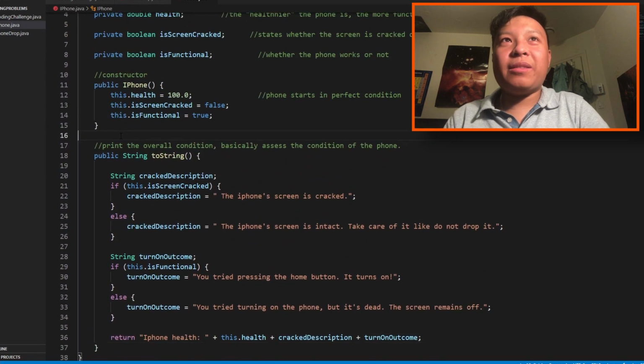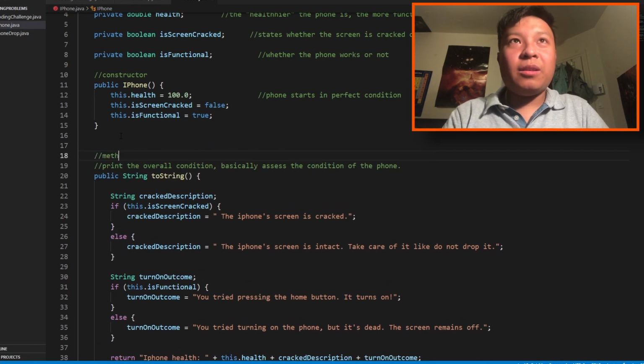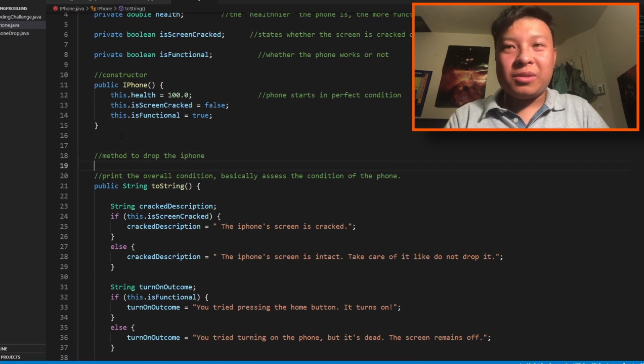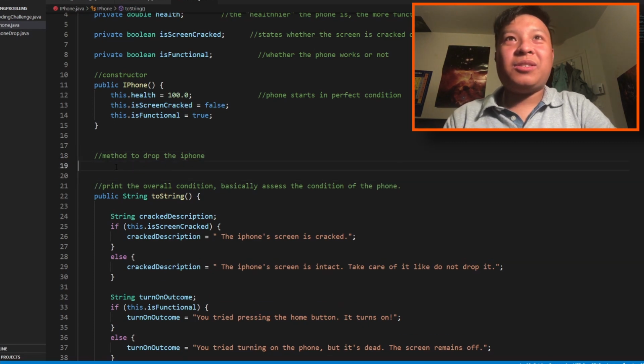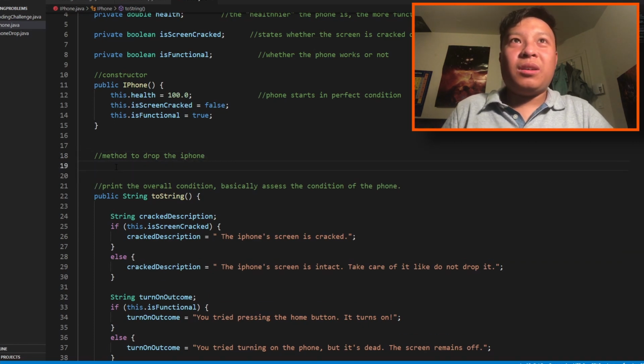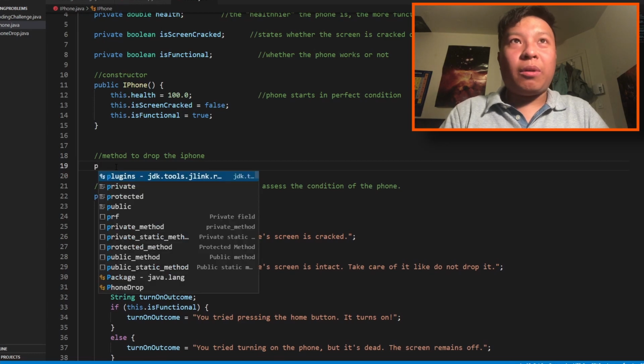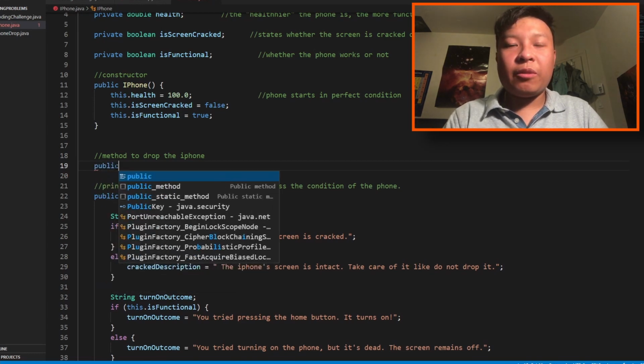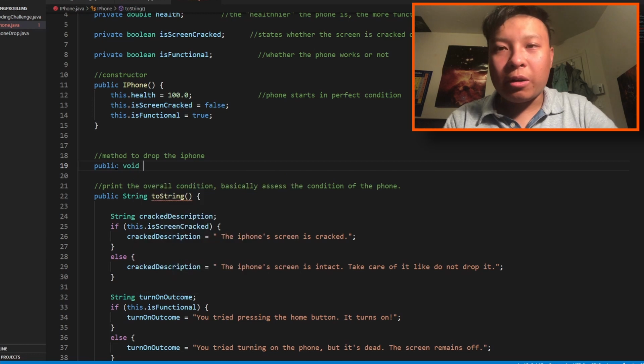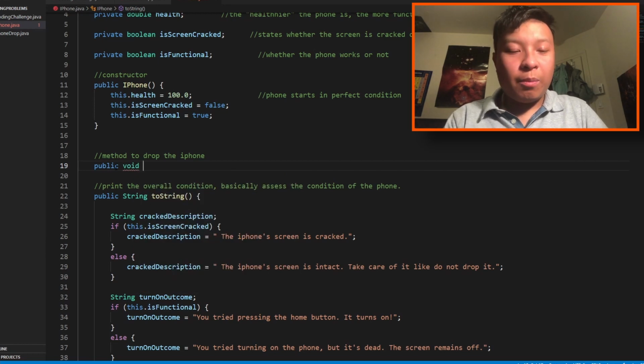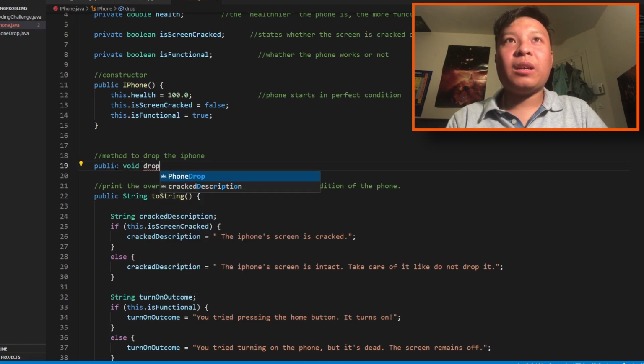Let's try to create a method to drop the iPhone, so essentially damaging it. So let's do public void. We're not going to return anything. We're going to drop the phone. Drop phone